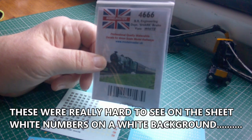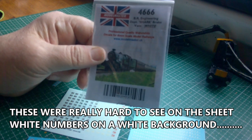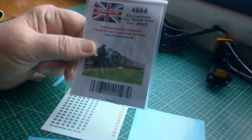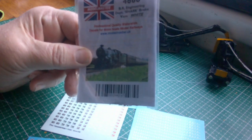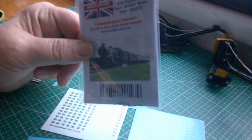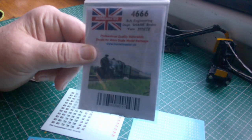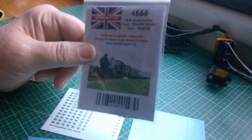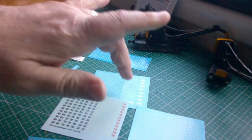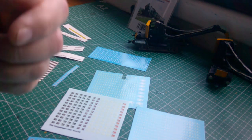So while I'm doing transfers I'll slap them on the shark, and then technically I'll have finished 3 jobs, although I do have to put the transfers on the shark and add some more weathering, because at the moment it's got painted weathering and I want to add some of my favourite Humbrol powders. Not too heavy, but I am going to chuck some weathering powders on it, and then I can look at it and think, right, I've done my 2 cranes, I've done me personnel wagon, and I've got the shark,